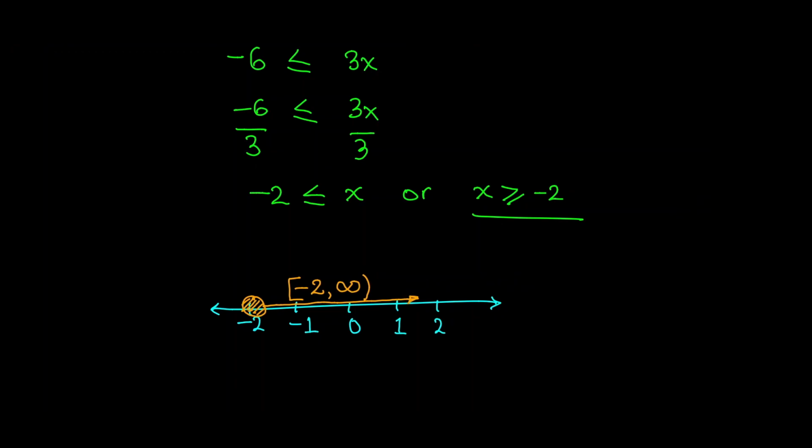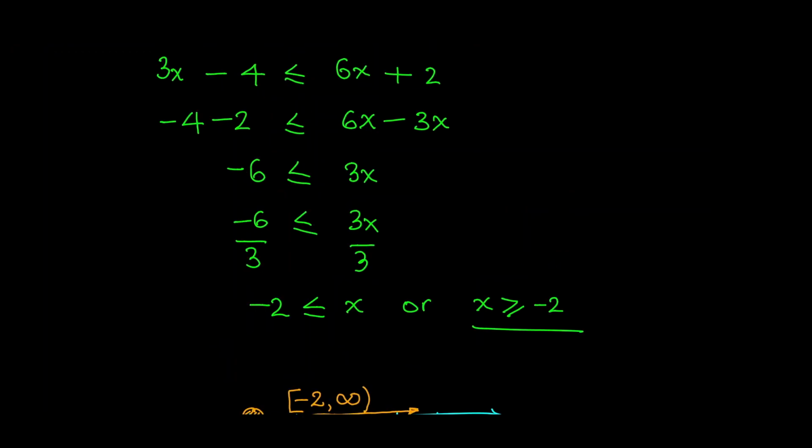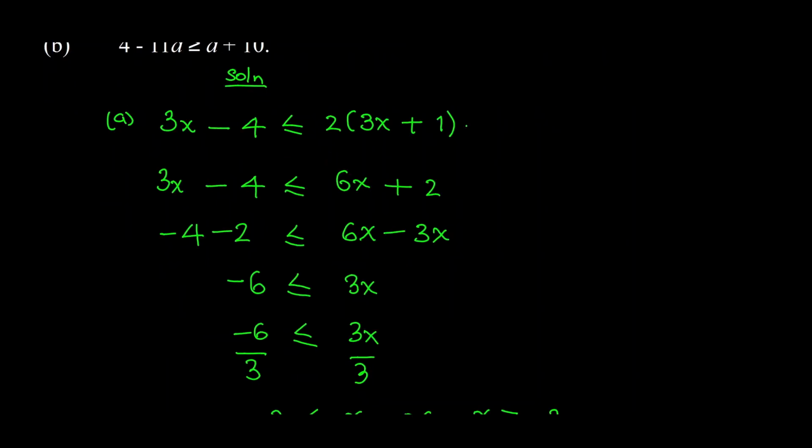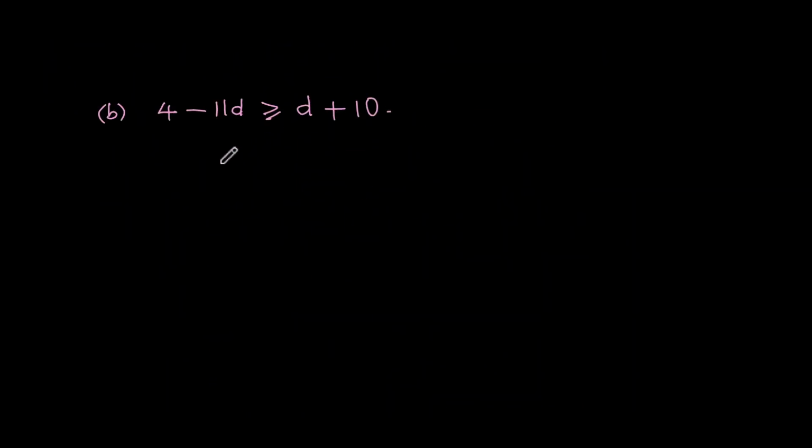So let's move on to part B of the question that says 4 minus 11d is greater than or equals to d plus 10. So let's copy it down here before we make our solution. So let's do the same thing, and this time we're going to collect like terms directly, taking negative 11d to the right hand side and bringing 10 to the left hand side. We'll have here negative 10 is greater than or equals to d plus 11d, and simplifying all these sides, we'll